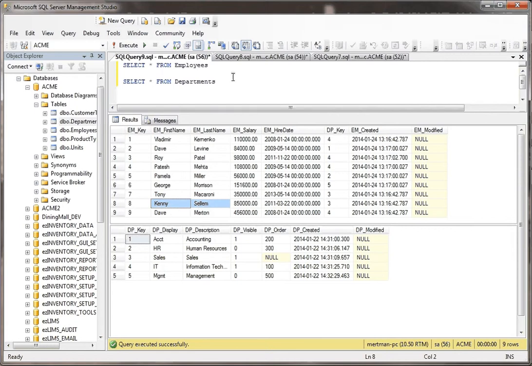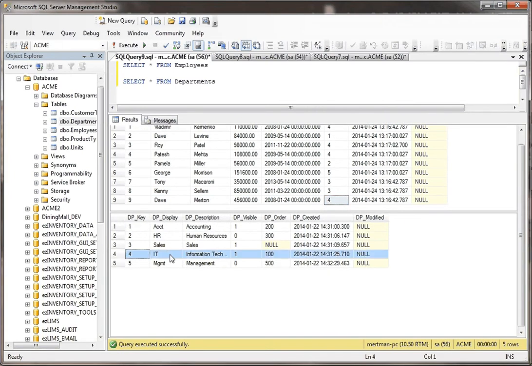And then there's also a department table. Here are the different departments. But this key here kind of ties the two tables together. What this tells you is that this guy, Dave Merton, is in Department 4, DP Key 4. That means this guy's in IT. He's probably a software guy, you know those guys. Anyway,